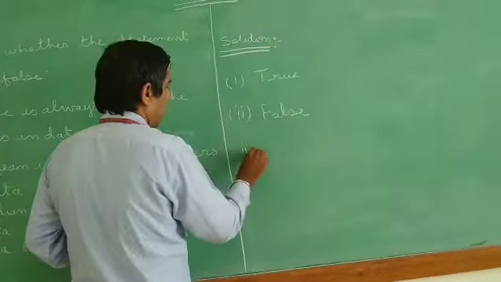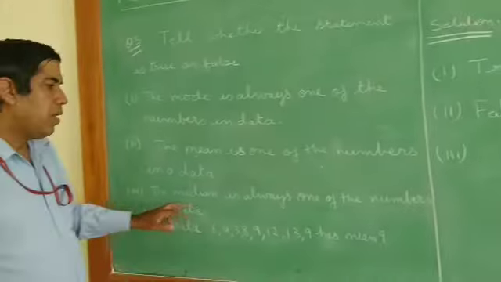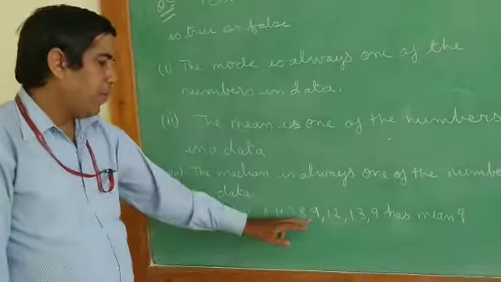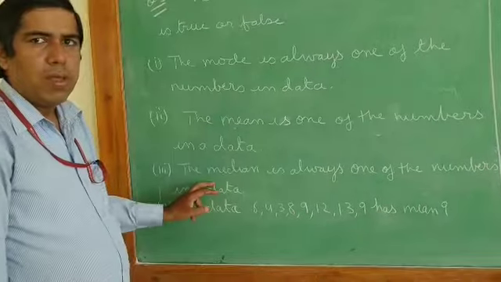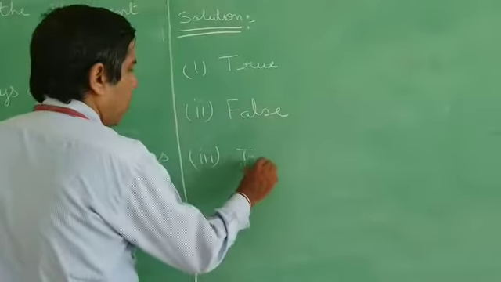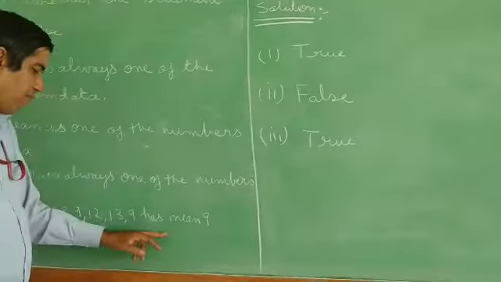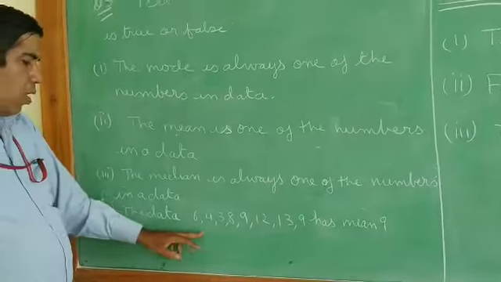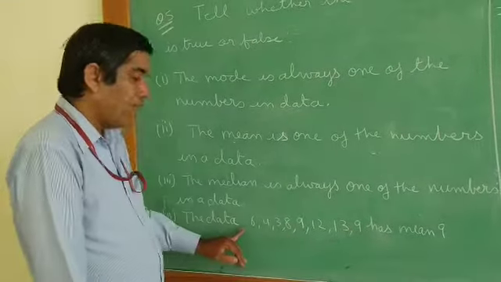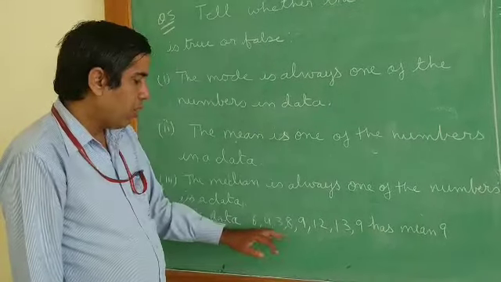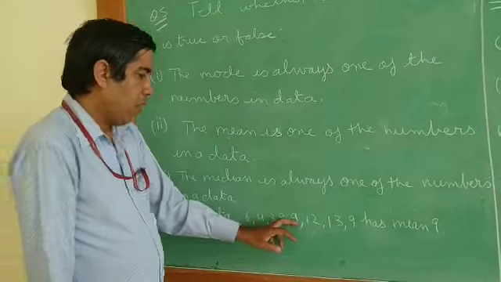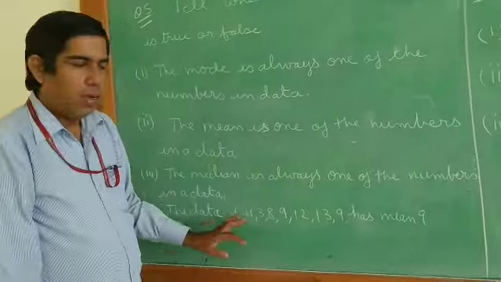Right? Third, median is always one of the numbers in the data. Yes, because we find the middle observation. So it will be true. Always one of the observations, so it will be true. Because if I find the median of this one, so count here 1, 2, 3, 4, 5, 6, 7, 8. It is 8 here. So suppose I'll take one more here because we always go for an odd number. So it will be 9, and I will take the fifth observation. 1, 2, 3, 4, 5. So if I add one more here, then it will come fifth observation. So like this we do.